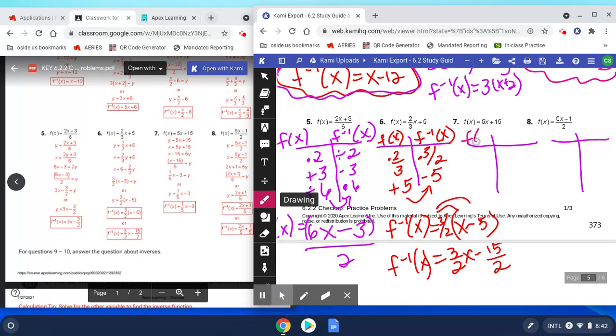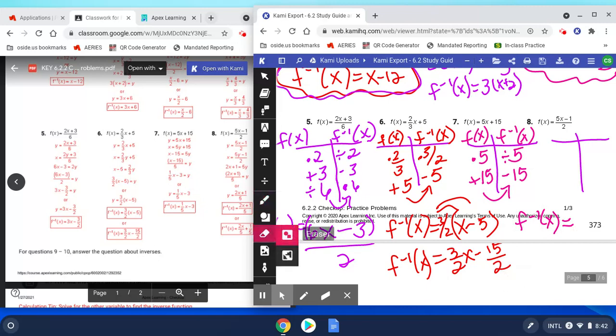f of x, f of negative 1 of x. We're talking about x first being multiplied by 5, and then 15 is being added. So then we're going to do the opposite: subtract 15 and divide by 5, or subtract 15 and times 1/5, whichever way you like to think of it. So the answer to this one, f of negative 1 of x, is,